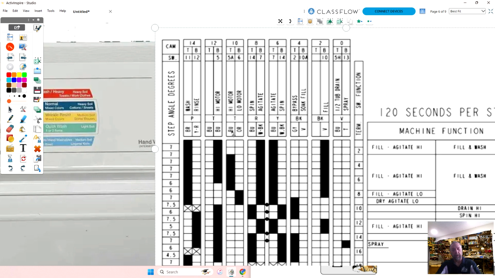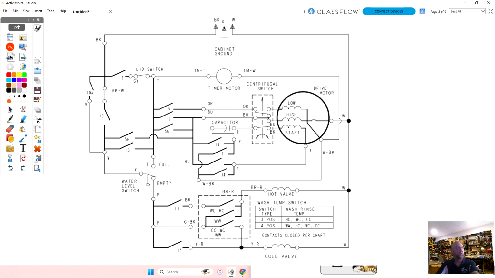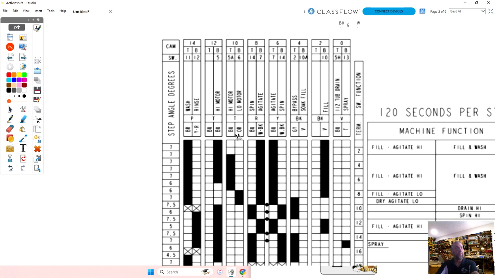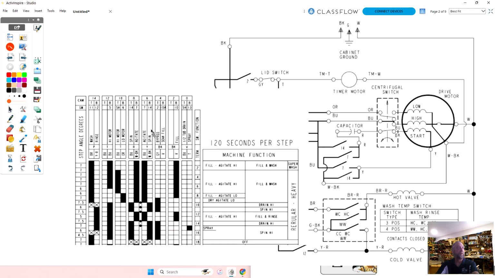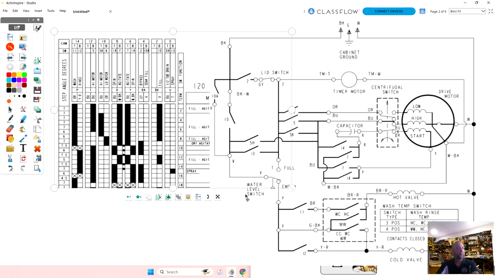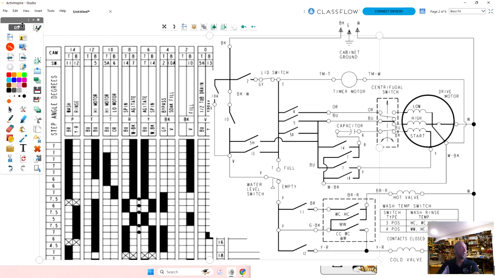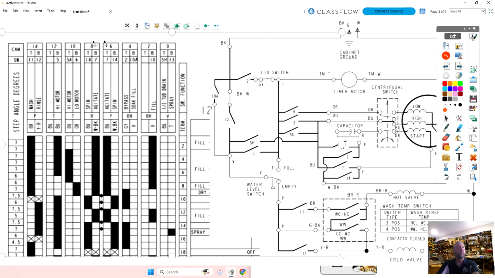All right, did you guys figure it out? There's 5 different switches. Let's go back to the wiring diagram. I'm going to bring this chart over here, and I'll make it smaller again so I can see both things on the screen. I'm going to put it behind so that way I can still show the chart, and we'll move this over here so that we can see a little bit better.